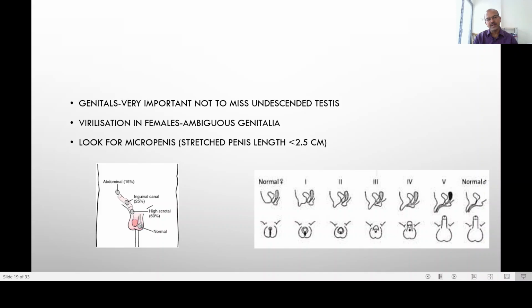The next aspect is the hip assessment, which is very important as well, and we can refer for hip ultrasound if there is breech presentation. Female baby is more at risk. Family history, where a first degree relative has developmental dysplasia, or an abnormal clinical examination by the Barlow's or Ortolani test.